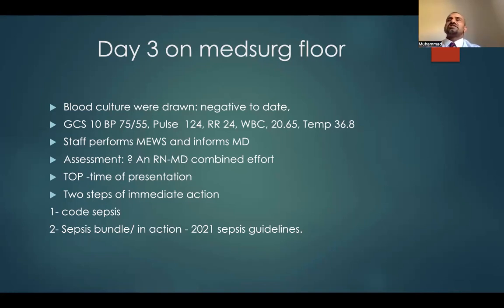Time of presentation doesn't mean here the patient coming to the emergency room, rather when the symptoms or the signs are changing, the situation is changing, the presentation is changing. And that is very critical to pick up. We will talk more about this in reference to the guidelines, but in the hospital,